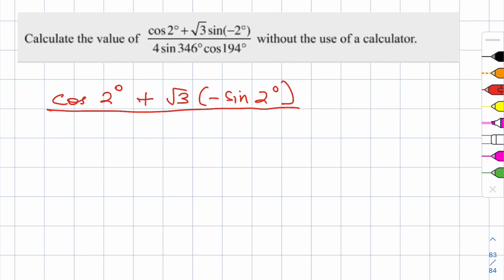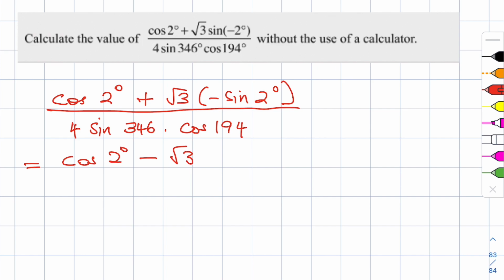divided by 4 sine 346 times cos 194. And then the next step, now we're going to multiply this positive with this negative, which will give us a negative. So you will get cos 2 degrees minus square root of 3 sine 2 degrees. And then you're going to have 4 times